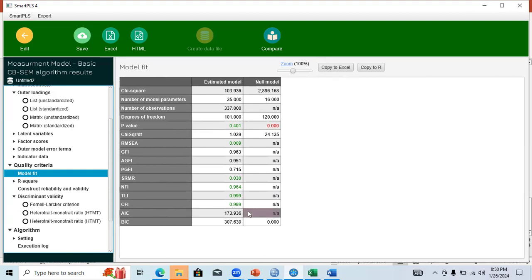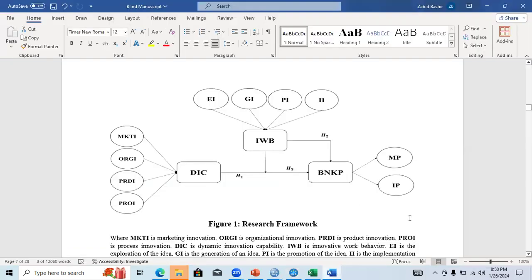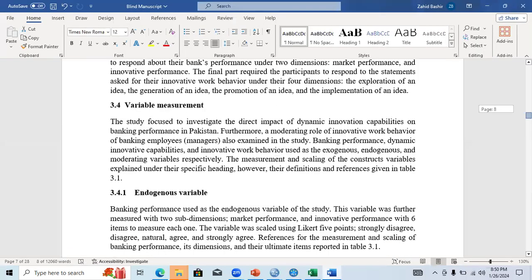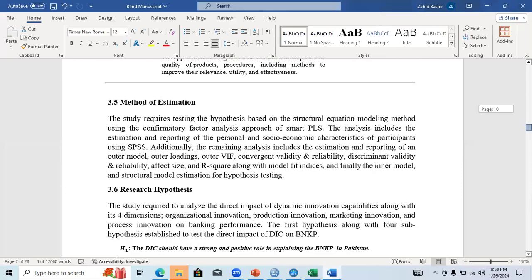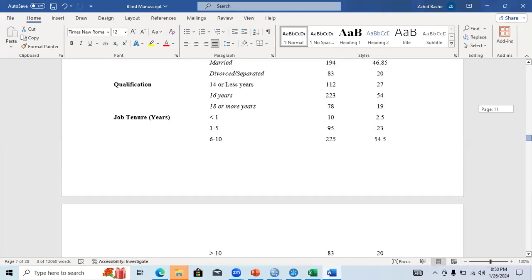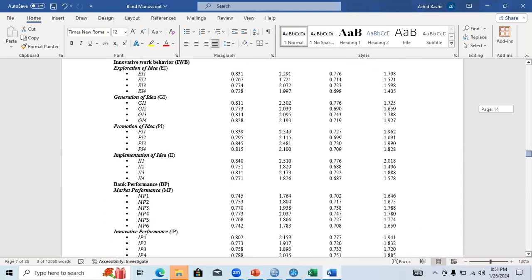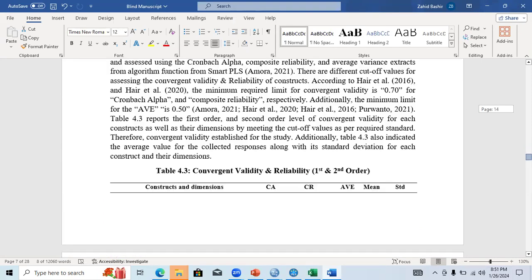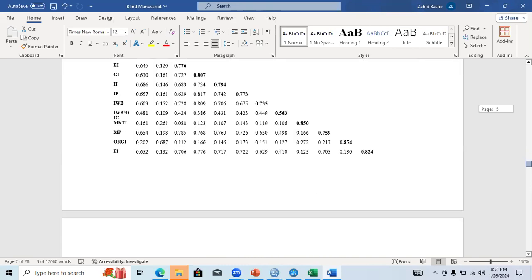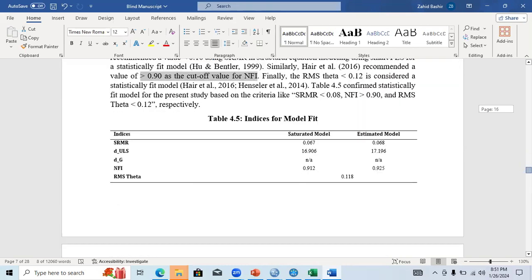A lot of researchers prefer the CBSEM method because it will provide you the model fit values which are better than the PLSM model fit values, because in case of PLSM, you will find only two values of model fit. So a lot of researchers do not recommend PLSM due to their limited number of model fit values.